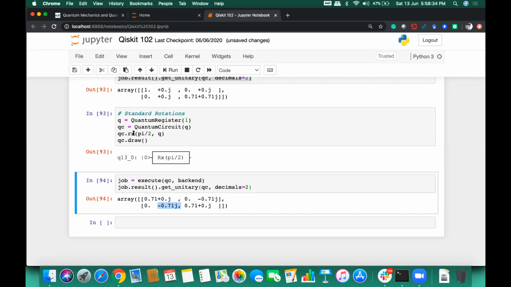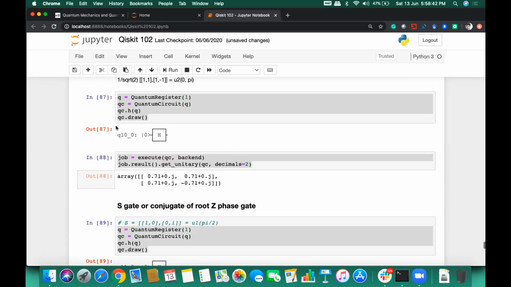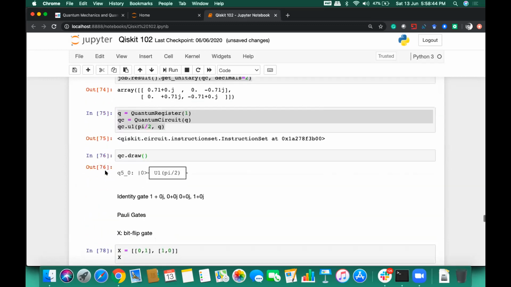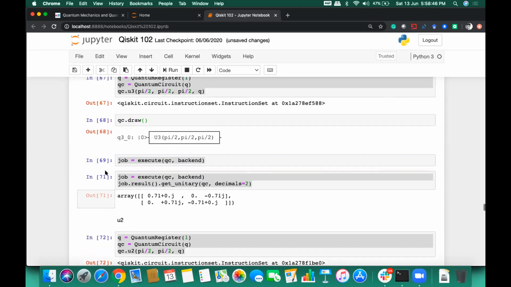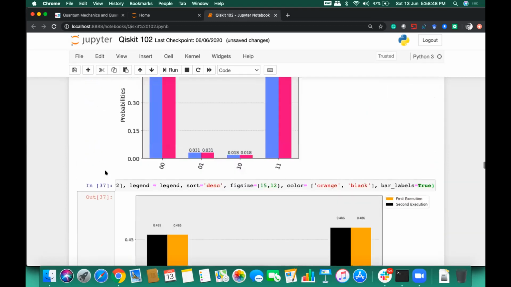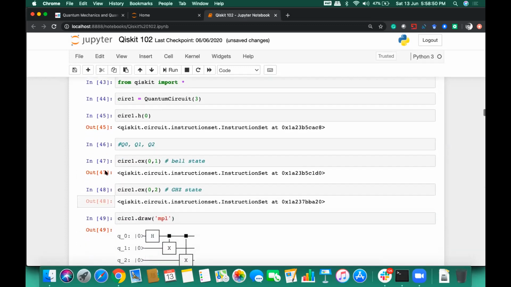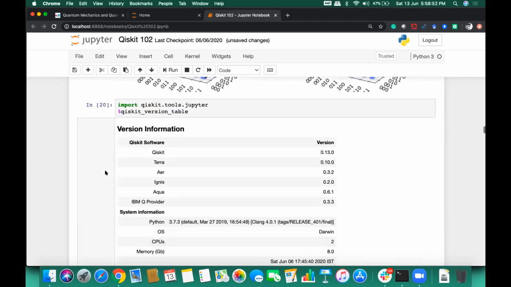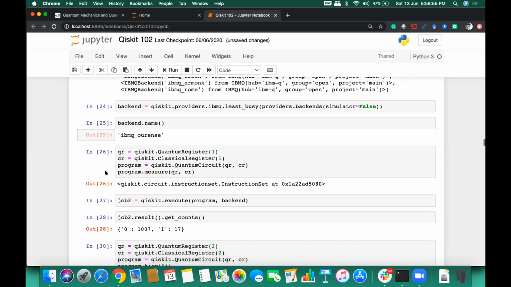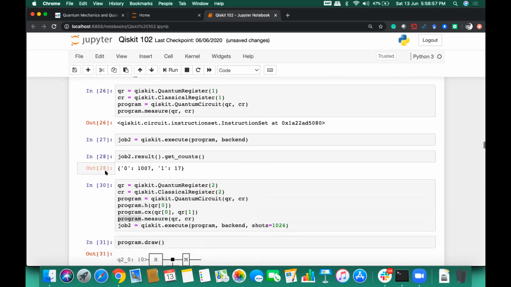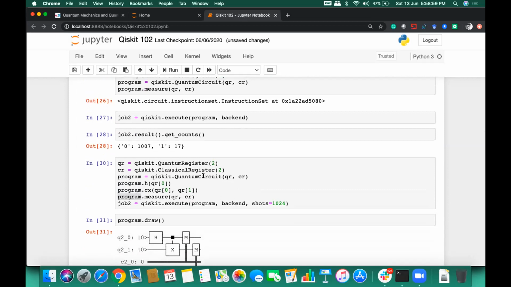And we have several multi-qubit gates as well. Some of them are control gates. Control gates we have already covered in the previous session. I will just walk you through that. I'm not going to execute it. Maybe in the next session we can cover that. You can see last time we created a circuit of 2 registers which we executed on 2 qubits, on an actual quantum computer.